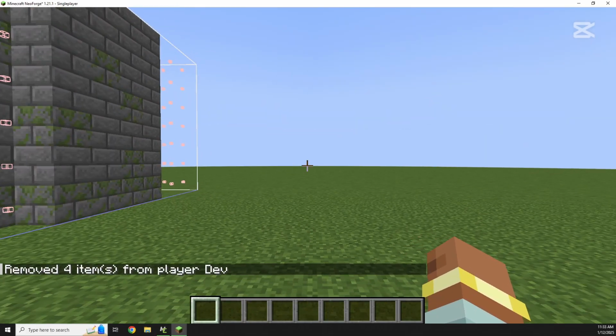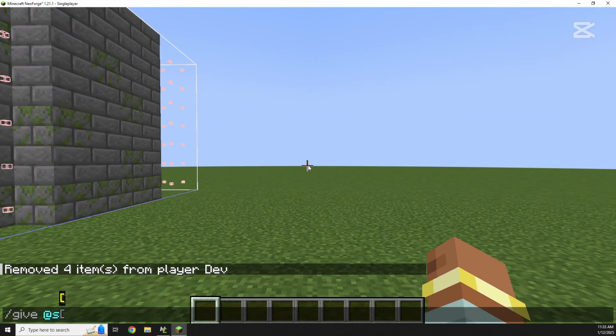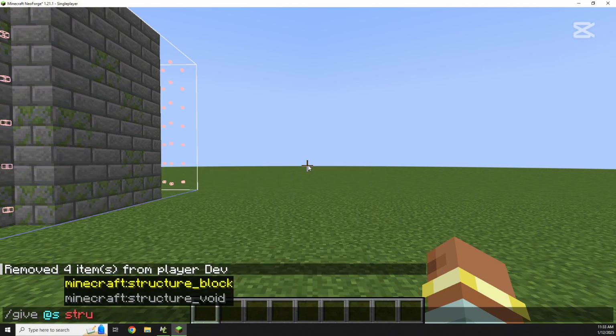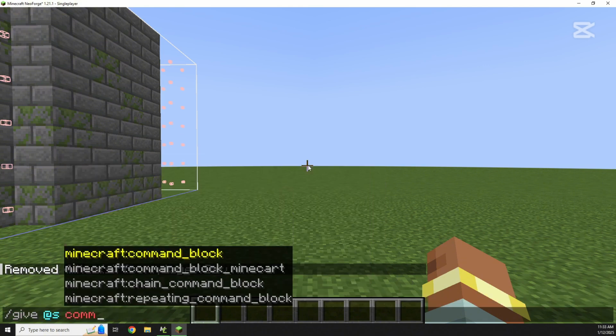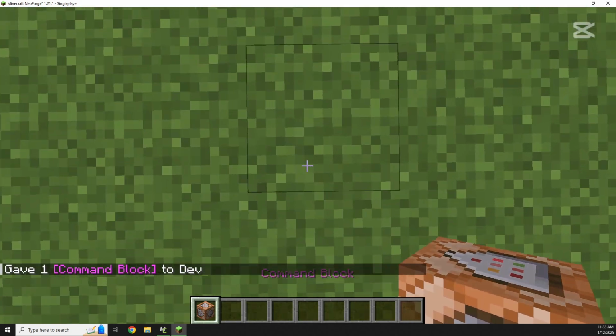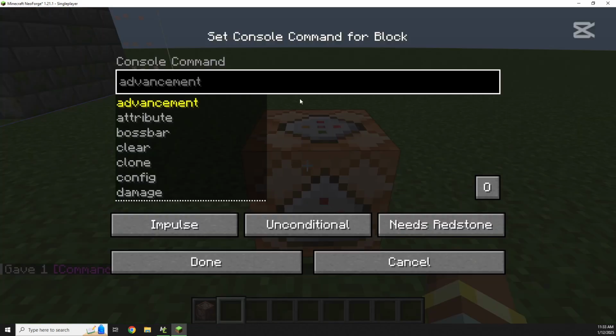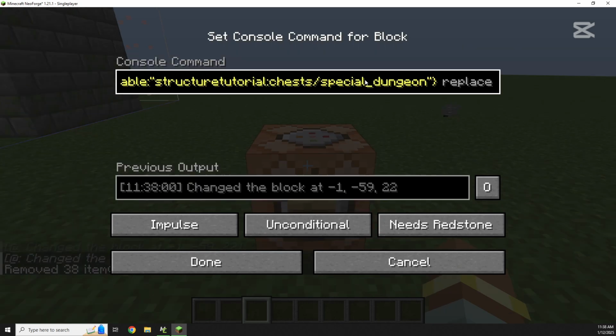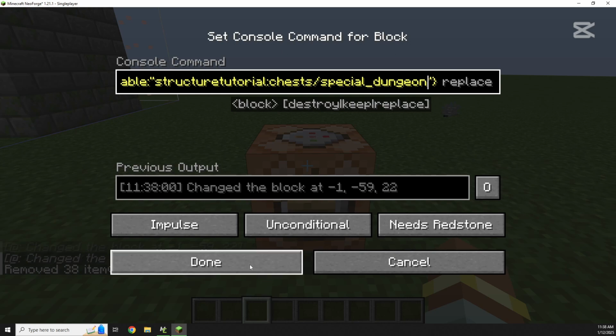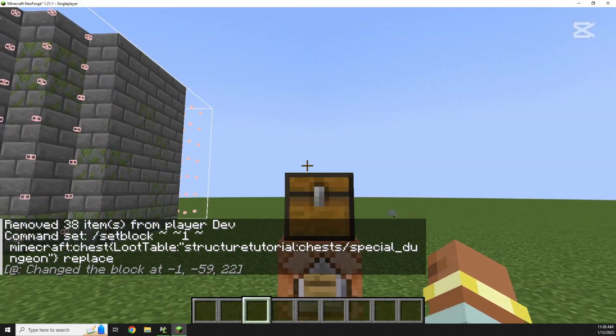So what we're going to want to do here is do /give @s command block. I almost did structure block again, but we want a command block this time. We want to place it in just like so, and then in here we want to paste this command. Now you can pretty much just copy and paste this. However, you will need to remember that right here where it says structure tutorial, you're going to need to replace this with your namespace. And then right here after the /, you're going to need to replace this with whatever the name of your loot table is. But this is exactly how we want ours, so we can press done, press this button, and then you'll notice